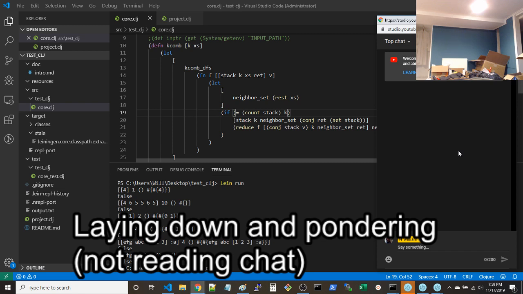I'm wondering if reduce is part of the problem. You're supposed to call this function recursively. The reason why I would think the reduce shouldn't really be an issue is because